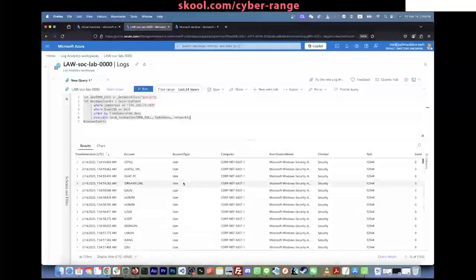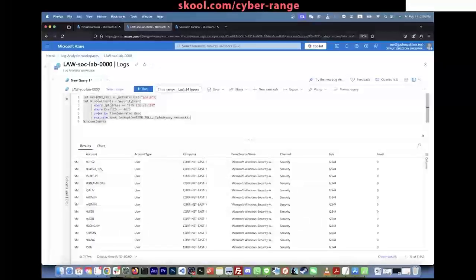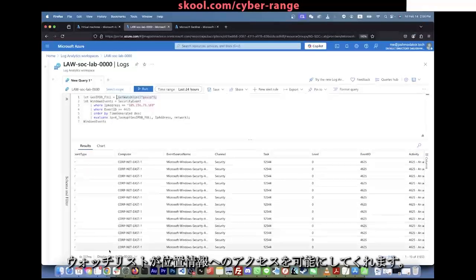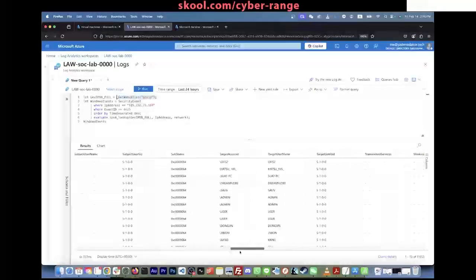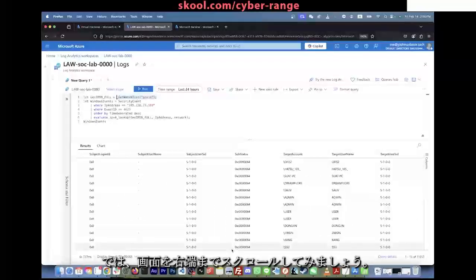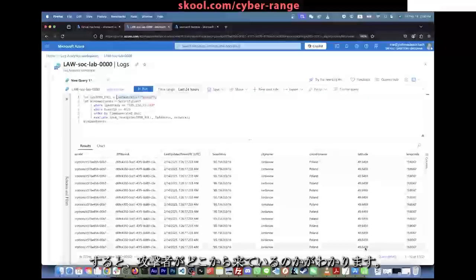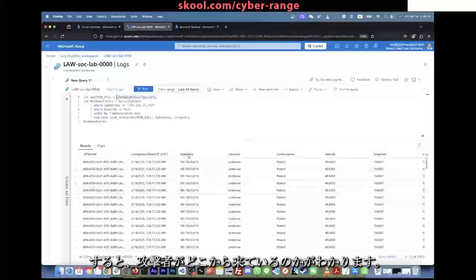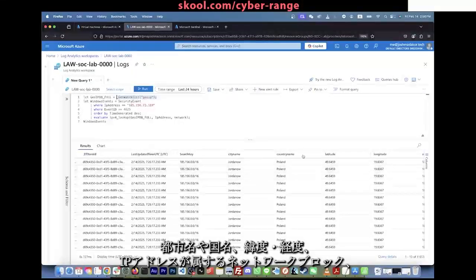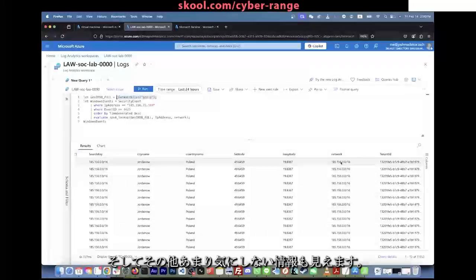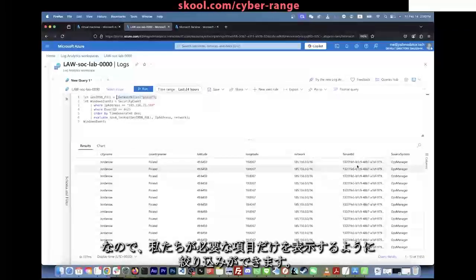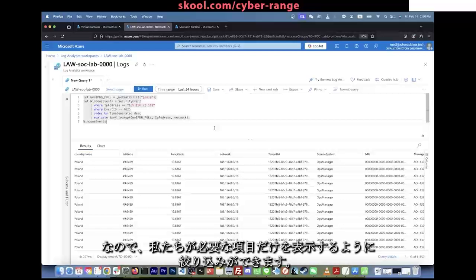But now our watch list gives us access to locational data. So if we scroll all the way to the right, now we can see where the attacker is coming from. We see their city name, the country name, the latitude, longitude, the network block that their IP address is a part of, and then a bunch of other stuff that we don't care about. So